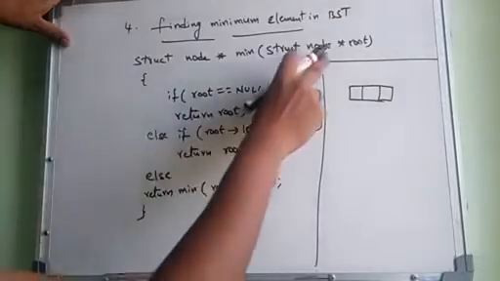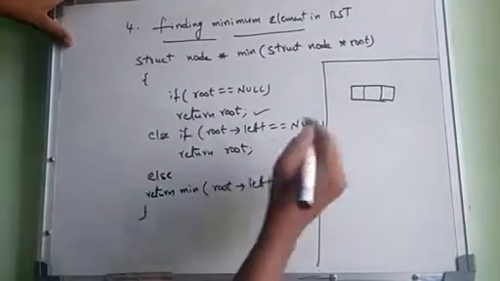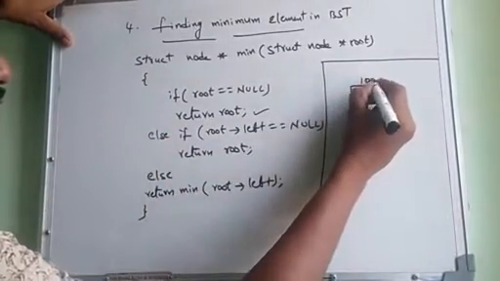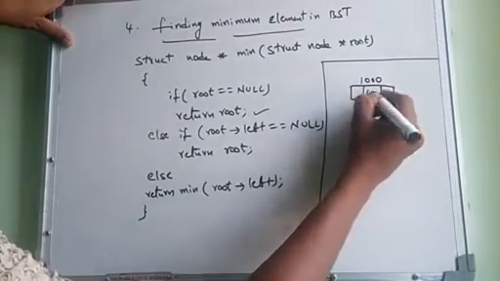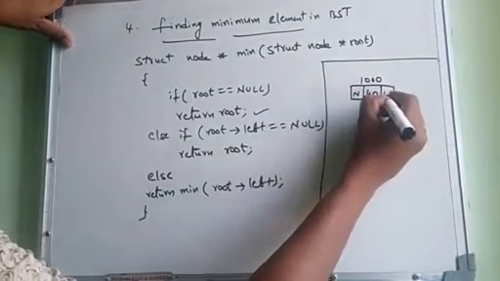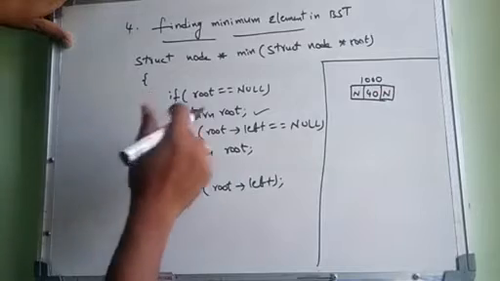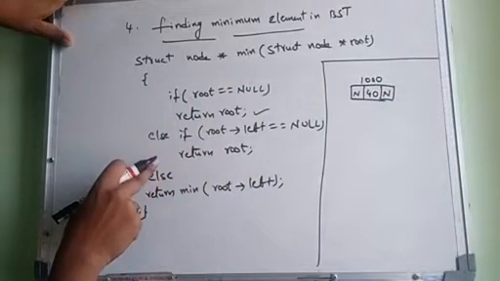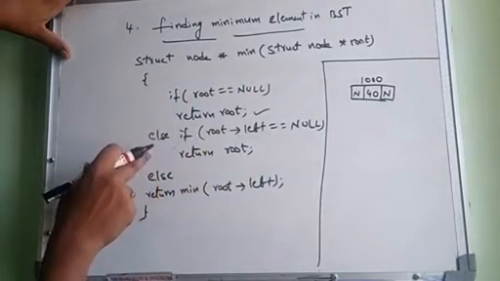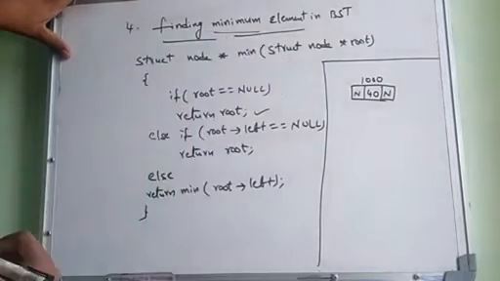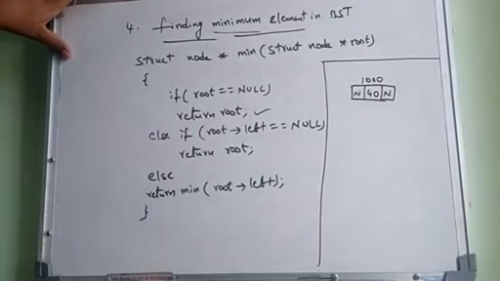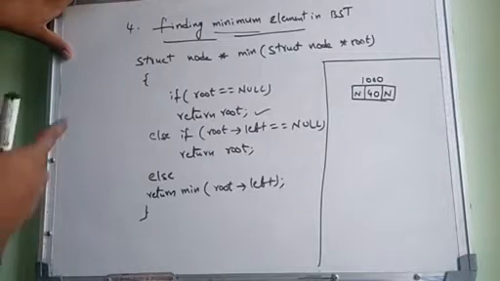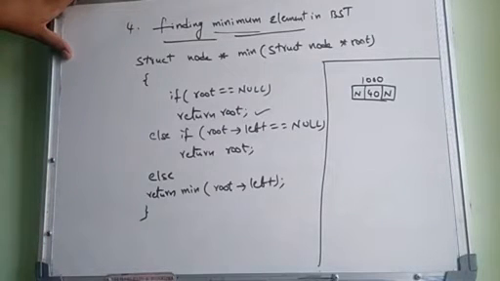Next, second, what is the input here? Address. Next case, suppose initially the first root address is 1000. Suppose the element is 40. There is no left child, there is no right child. If the condition is false, next go for else if. Else if means what? Which element do you want to find? Minimum element. In a binary search tree, the minimum element is only present at the leftmost. Rightmost has only the maximum. So now only focus on the left side, the leftmost of the binary search tree, to find the minimum element.